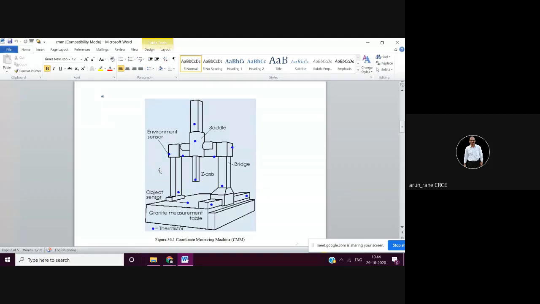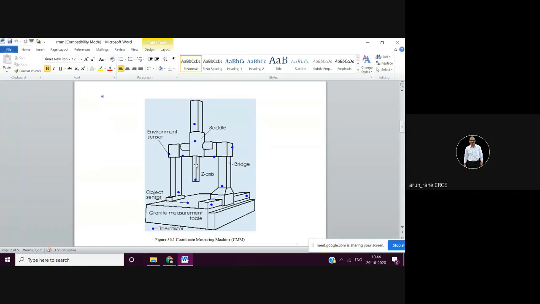on your machine. You are resting a workpiece here, your component or your object is kept here, and then a probe is used to touch the component. Say, if I want to check the outside diameter of a component, a cylinder, the cylinder is kept here,